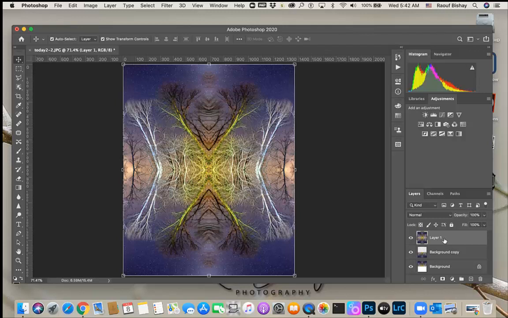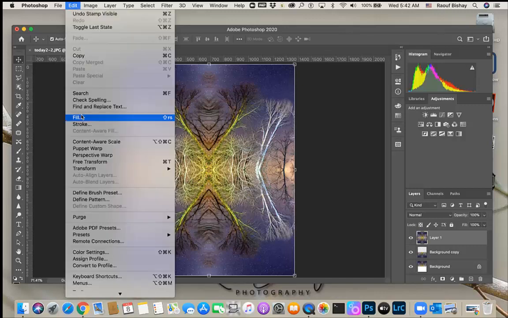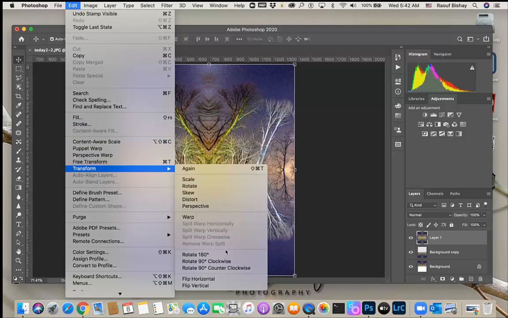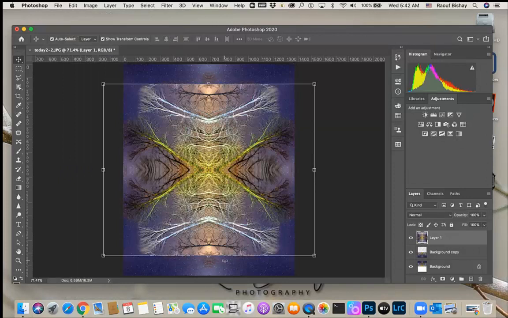Let's go ahead, and I think I want to rotate this layer 90-degree clockwise. So I'm going to go to Edit, and I'm going to do Transform, and I'm going to rotate it 90-degree clockwise. Okay, so this is what I want, but I want to get access of the or trim the picture to